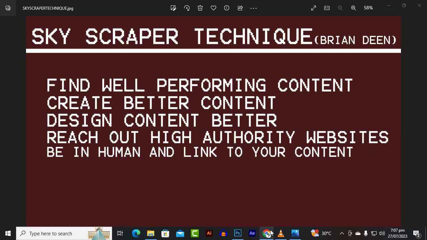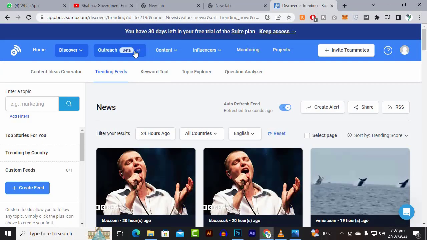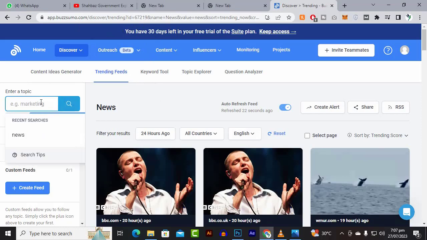For that purpose, you can go to the website buzzsumo.com, which is a very nice tool that will be very useful for finding the best content. And here you can find the content. For example, if we search for content like entertainment,